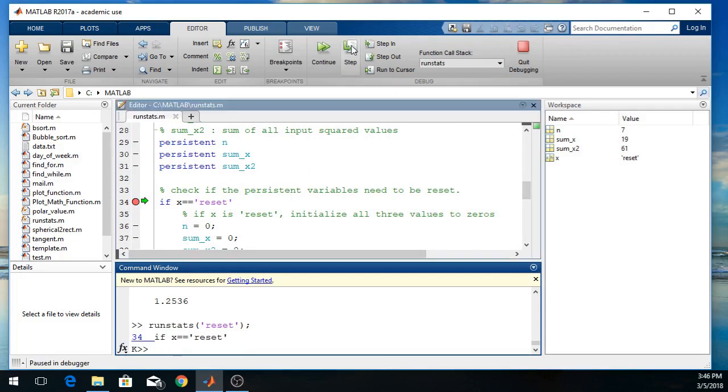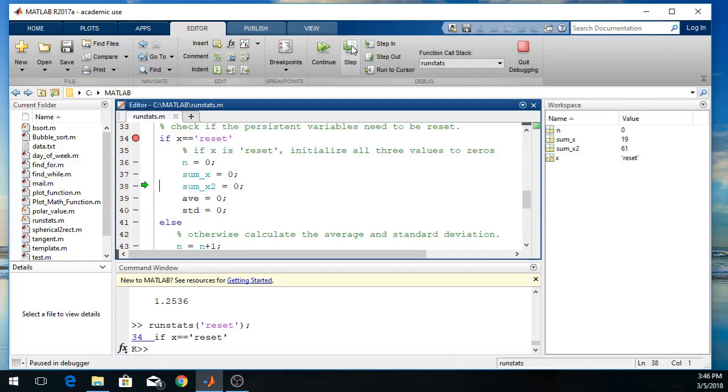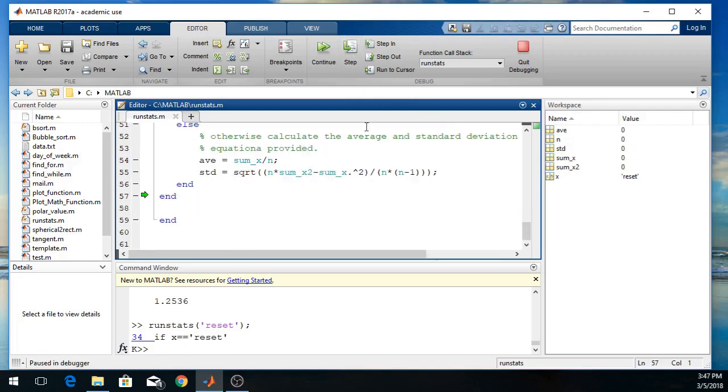So let's do it step by step. You see, it actually reset those values. Up to here, you will see that n, sum x and sum x2 all initialized to zeros. And you will also see the other two values entered as AVE and the standard deviation, STD. So if I hit continue,